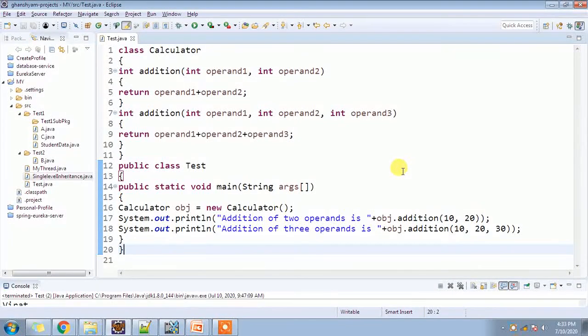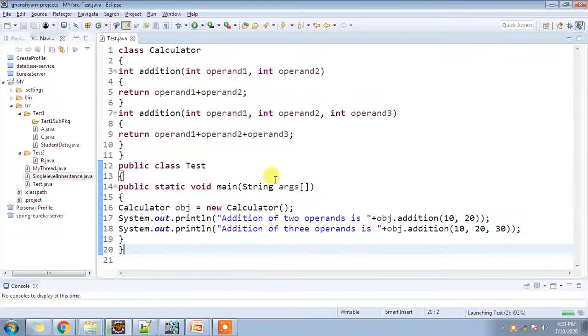So now let's see, we have created a calculator class with two methods: addition with two parameters, and another addition method with three parameters. We create the calculator class object and call these two addition methods.